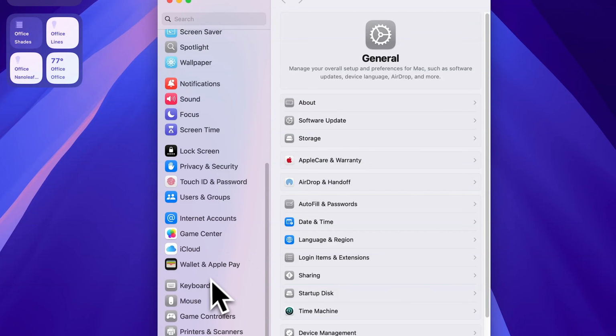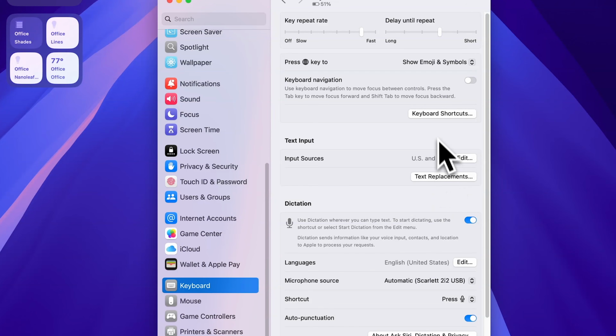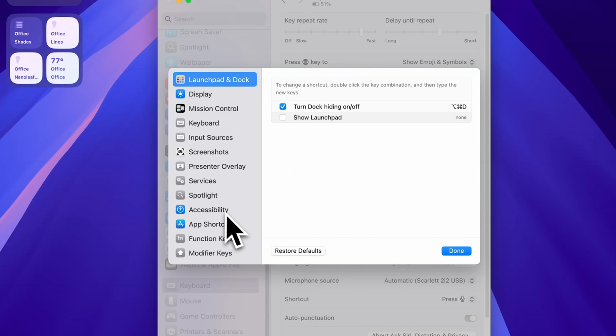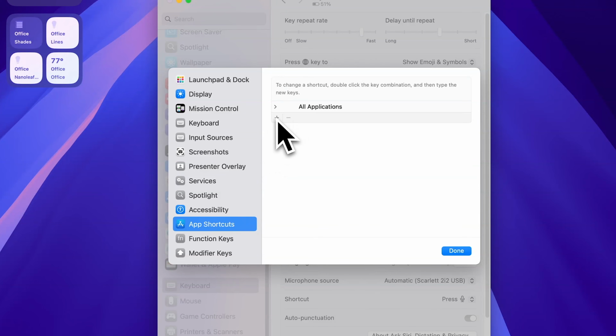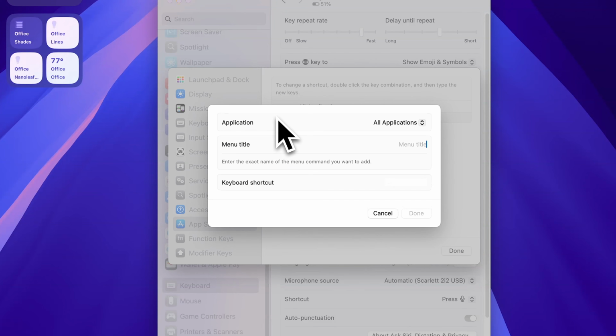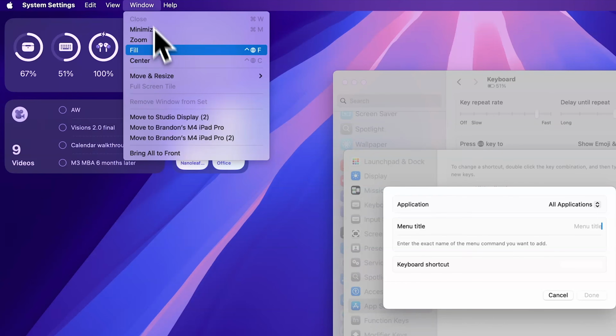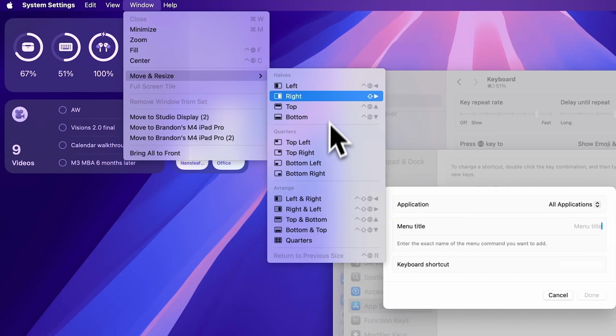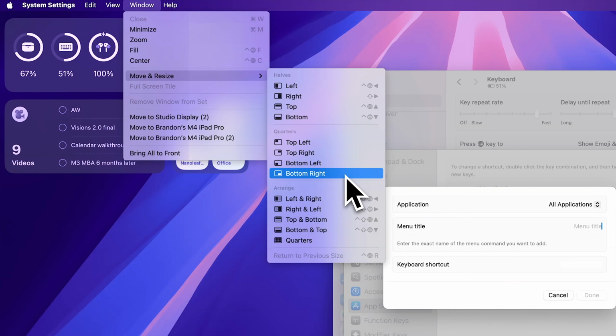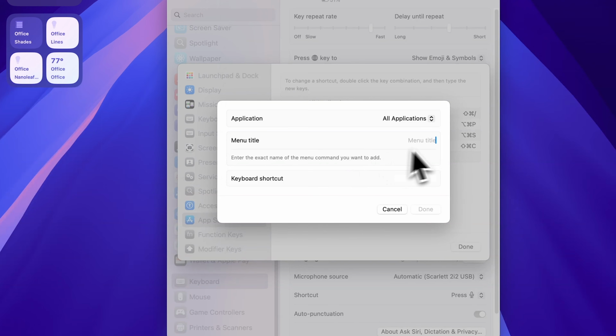So we're going to go into our settings and go to keyboard, and then into keyboard shortcuts. And from here, we're going to go to app shortcuts and click on the plus under all applications. And for our menu title, we're just going to go back to our window, go to Move and Resize, and we're going to choose which action we want to do. So for example, if I want to do the bottom right, we're just going to type in Bottom Right as the menu title, and keep in mind it is case sensitive, and we're going to do shift down